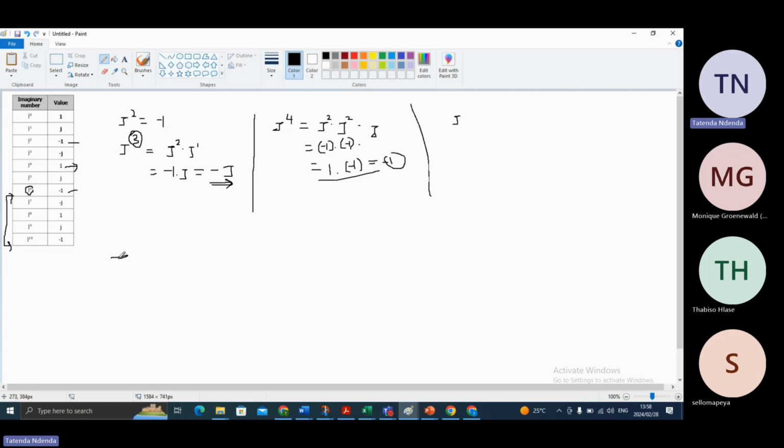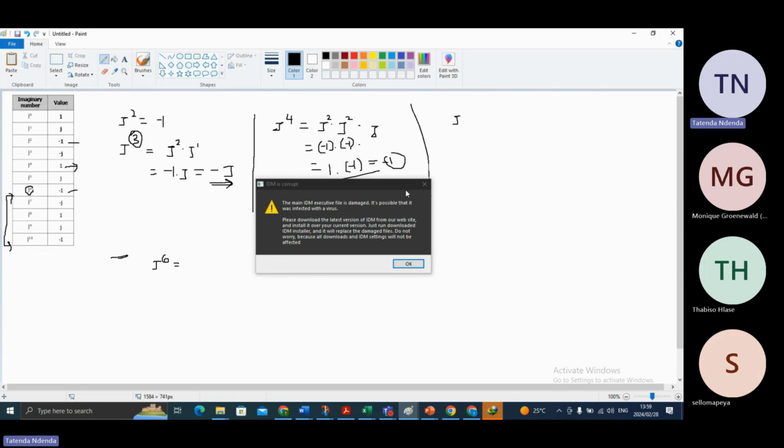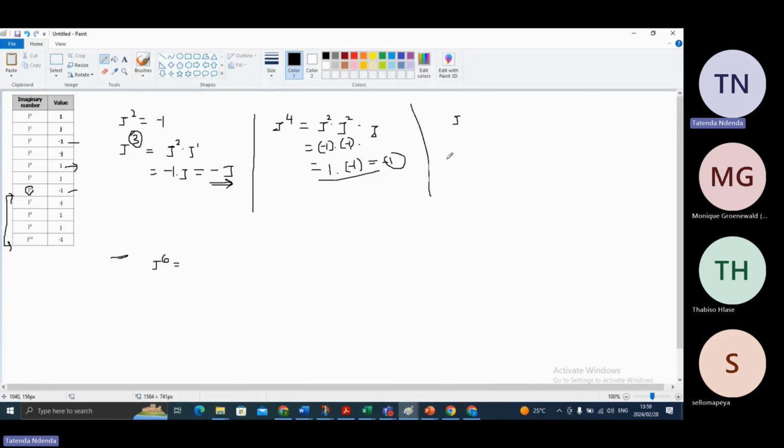So now we are saying j to the power of 6 is equivalent to, before you change anything, remember the only value that we have is j squared. But in this case, we do not have that j squared. Are we together? So if we do not have that j squared, what are we going to do? We have to change this power until we have j squared. So we're going to say it is equal to j squared,